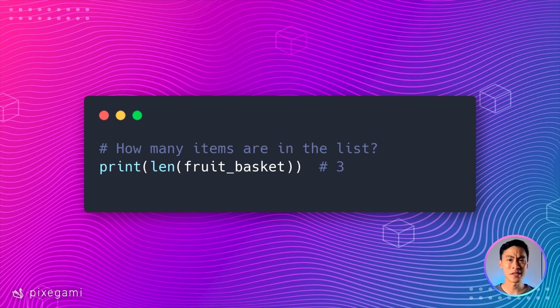And you might be thinking this is a bit weird because previously we just saw append is a method of the list, because then we went fruitbasket.append. But now for the size, it's a function that's outside of the list. So we do len and then we put the list inside that function. And I don't really know why there's that inconsistency, but that's just the way it is in Python.